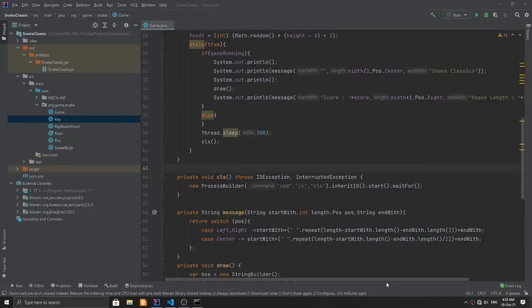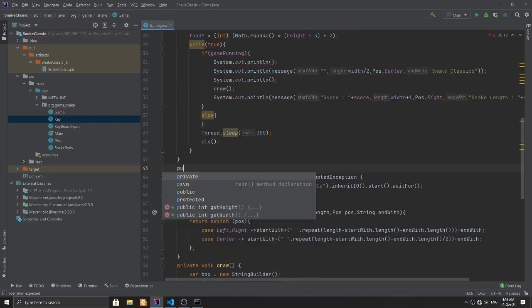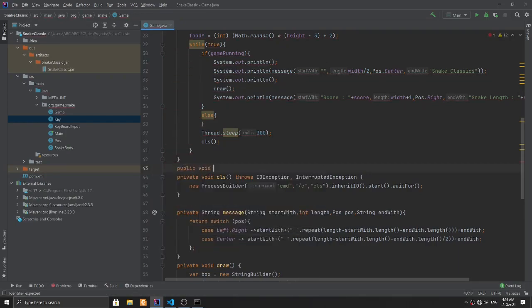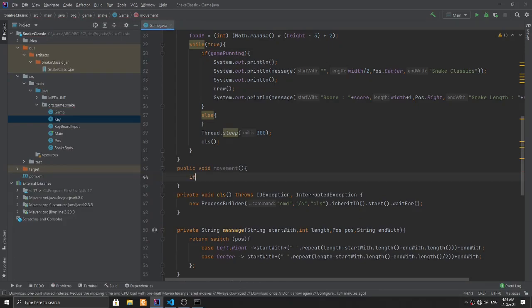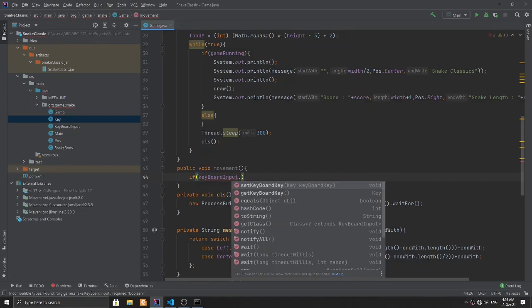Okay, now let's create a function called movement. The movement function is going to decide what the movement of the snake would be, or in which direction the snake would move, from the keys pressed by the player. So we listen to the key, and then the movement function will take actions accordingly. Again, it would not have any parameters, simply movement. Our first thing is to say keyboard input dot get keyboard keys,